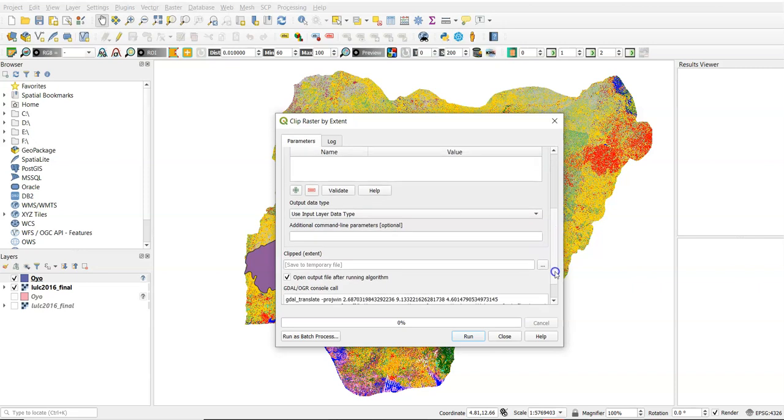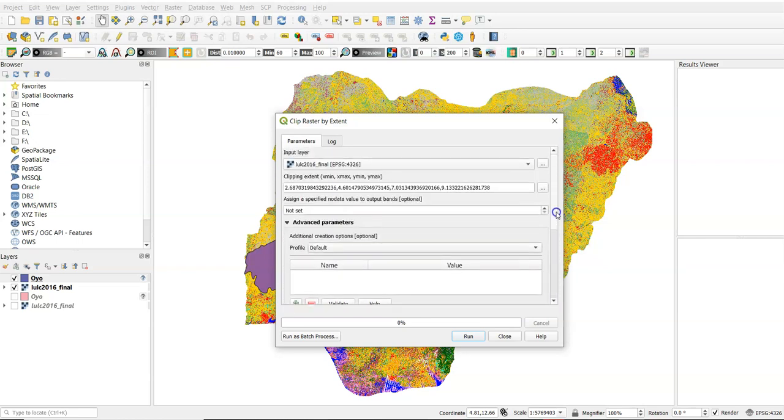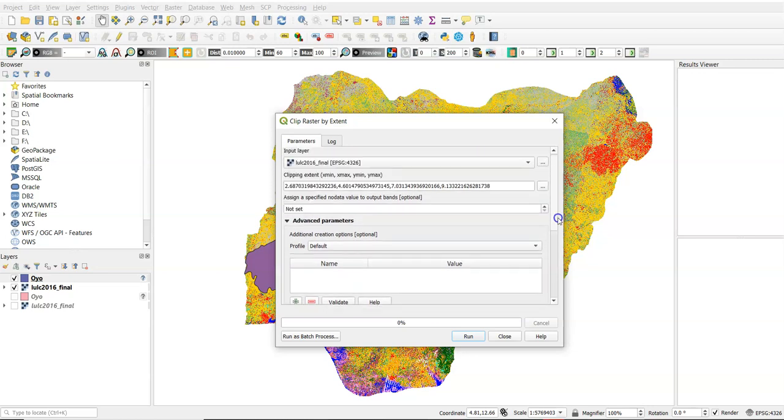We are using the option for block. What name do you want to give the output? We have to set the output for the area that has no value, so you can set it to 0 or whatever.